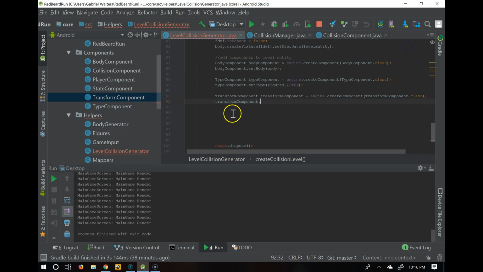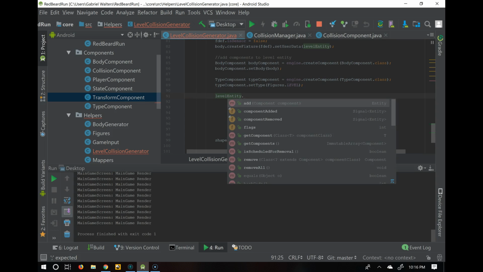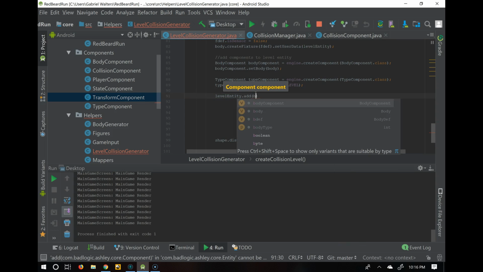Level collision generator. So let's hold this one off. Ultimately, we're going to need to have the transform component for when we're rendering sprites and things like that. We can put offsets for a transform as a component so that our graphics we can put on top of our Box 2D bodies. So I basically have most of what I need. We need to actually add that level entity needs to add those various components. So let's add the body component